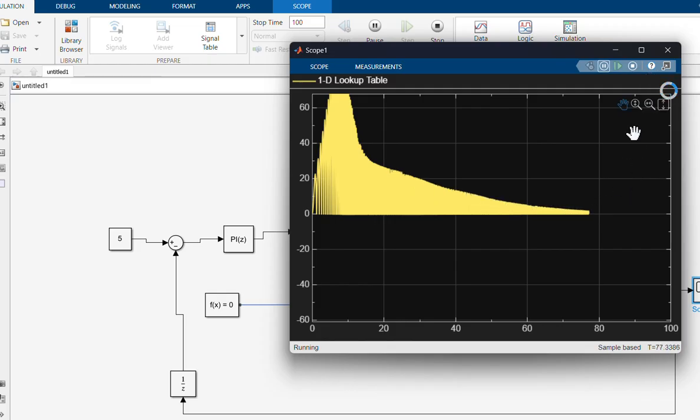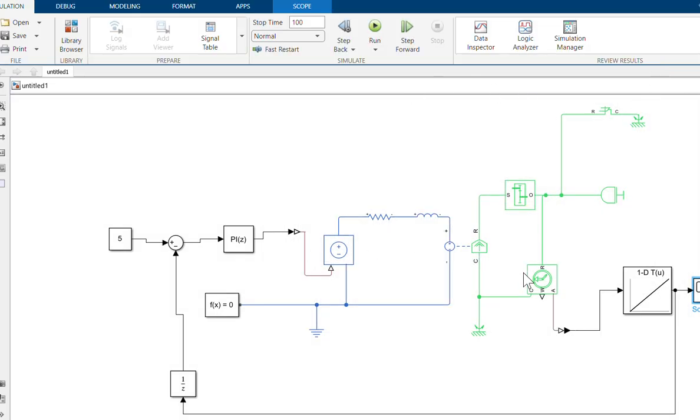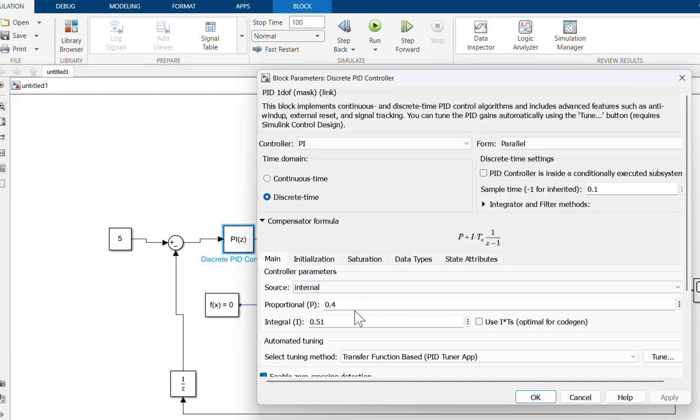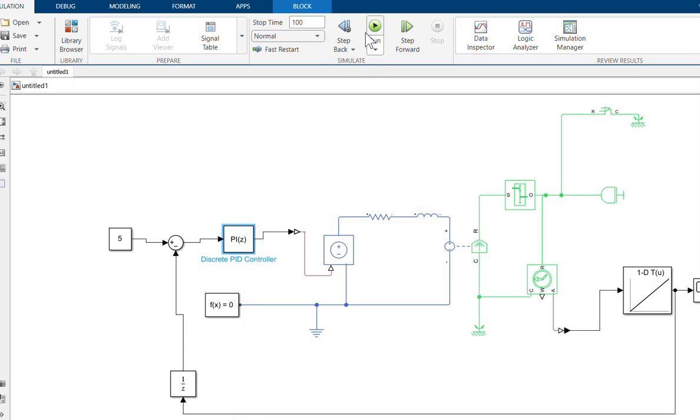It goes to 0. So much. And then again 0.45. Okay, run.